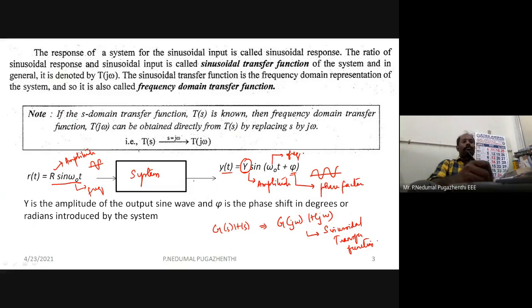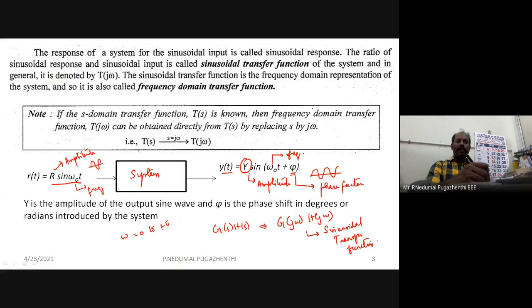Okay, so it's a frequency domain representation of the system. Generally this is the transfer function which is utilized in drawing a Bode or a polar plot, converting a given system in S domain into a sinusoidal transfer function, which is nothing but S is equal to j omega. If you replace S with j omega and you vary your frequency omega from 0 to some instant, probably 2 pi, or say 0 to pi, whatever it is.